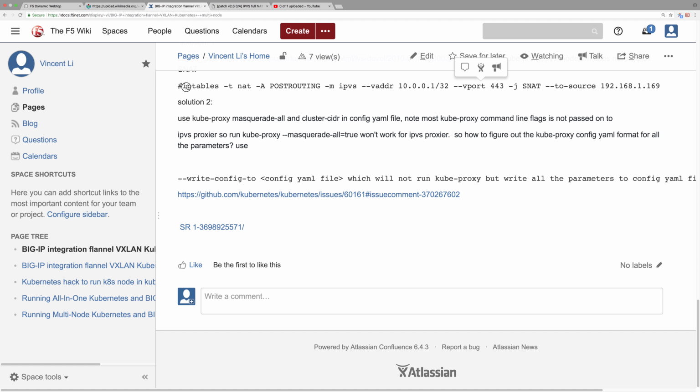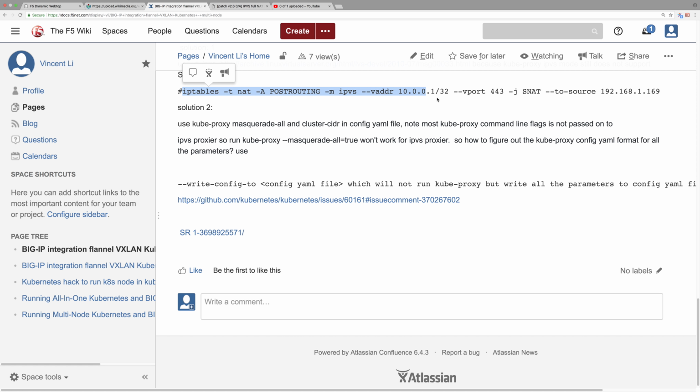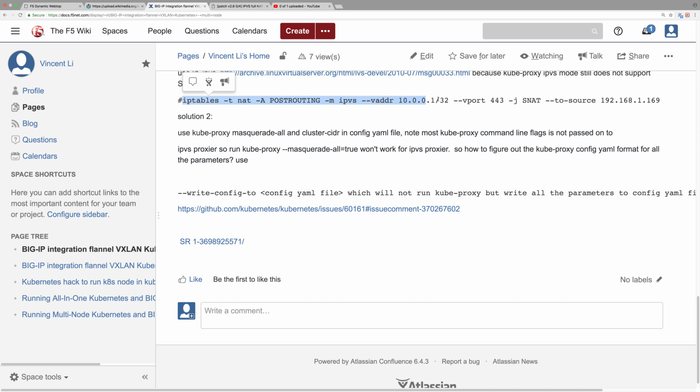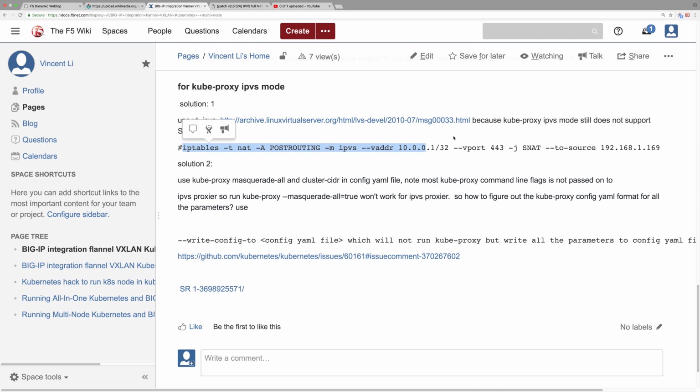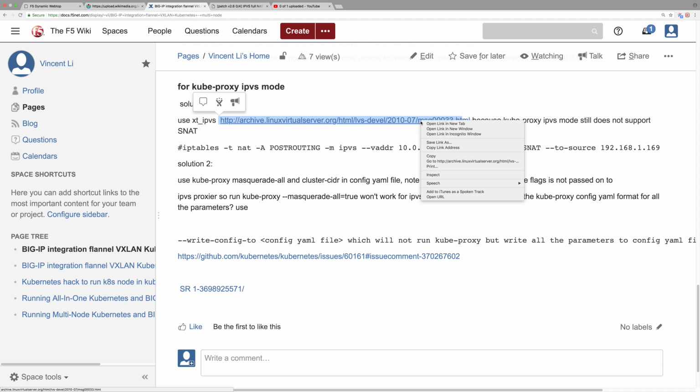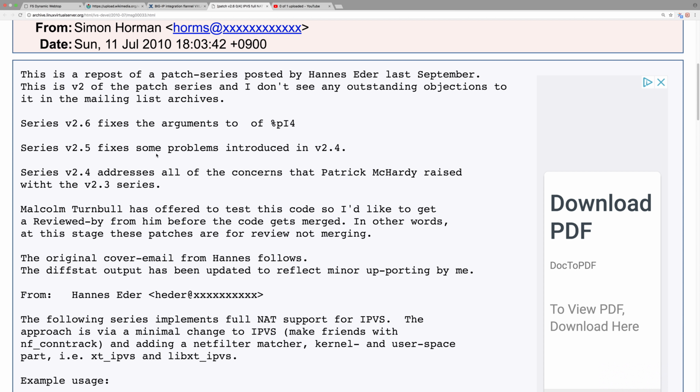So this is a way to set up a specific source address translation rule. And this netfilter IPVS match is developed from this URL link. And if we go to the actual patch here,